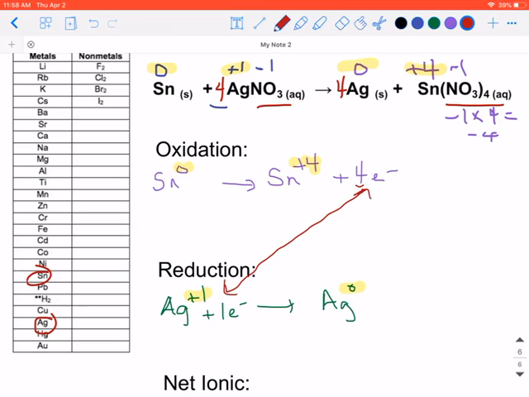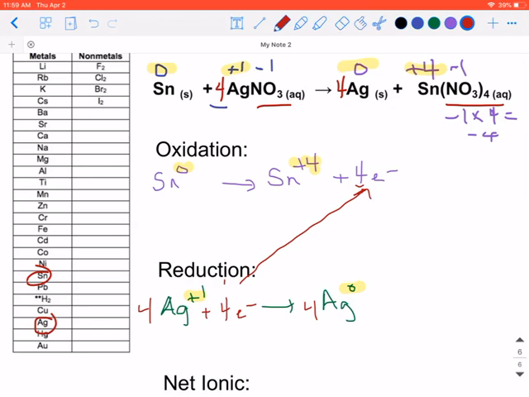So I have 4 Ag +1 ions, and I have 4 neutral silver atoms. Let me just erase that and redo it. Okay. So now I could say +4 electrons,